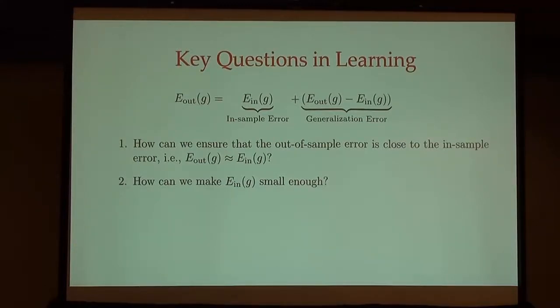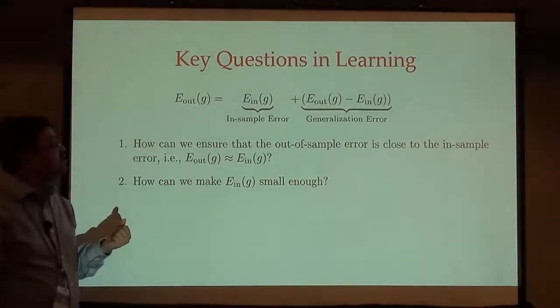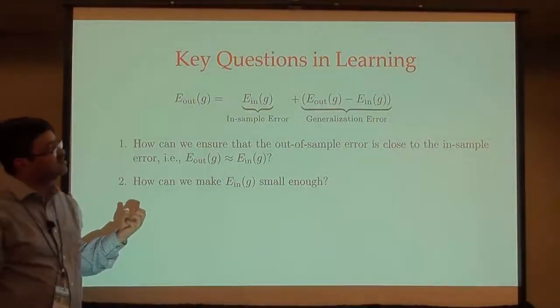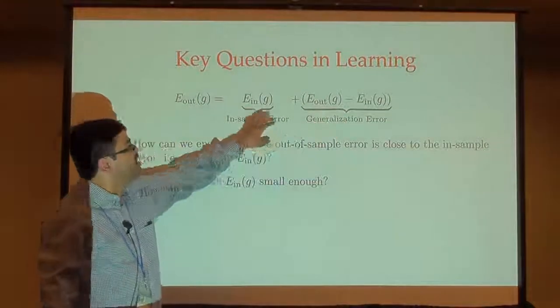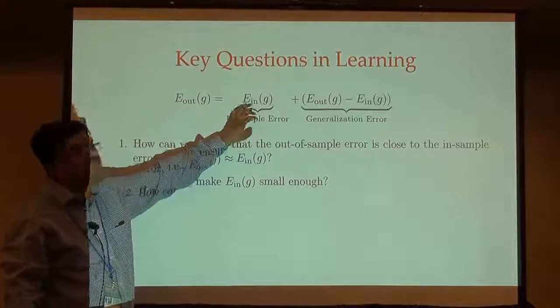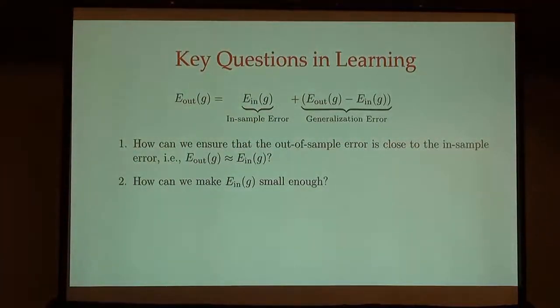So the way I understand it is that historically, and even 2 years back or 3 years back, the common wisdom was that you want to select your hypothesis set so that your generalization error is small, even though your in-sample error may be a little bit bigger. Okay? And to give you an example, again from curve fitting, if you are given 5 points,